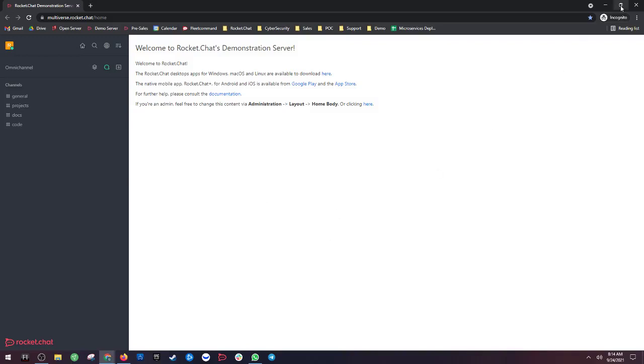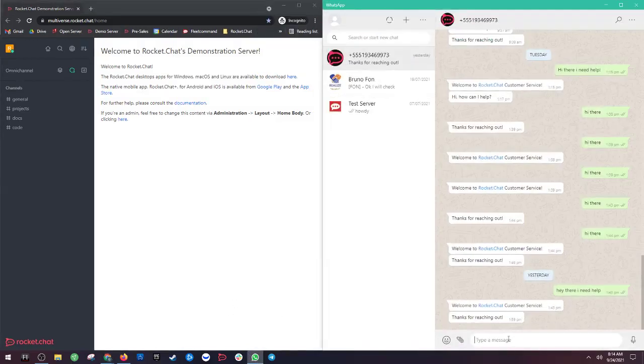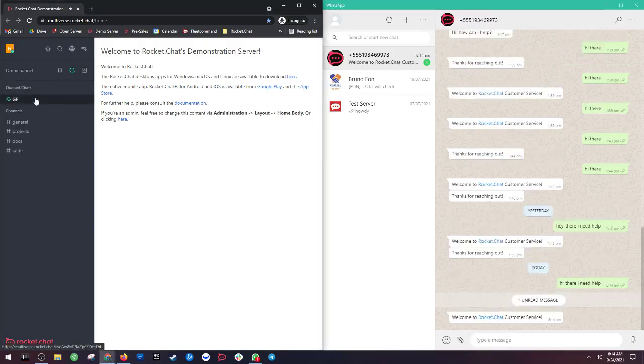So for now, we're going to go ahead and actually create a ticket through WhatsApp to show you exactly what that looks like. I've got my WhatsApp application open here. So, hi there, need help. And when I send that particular ticket through, on the left-hand side, you'll notice that it has now entered into our